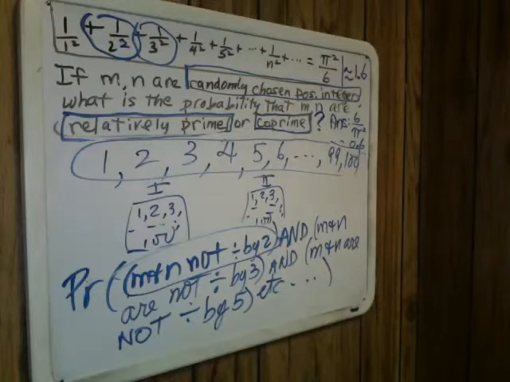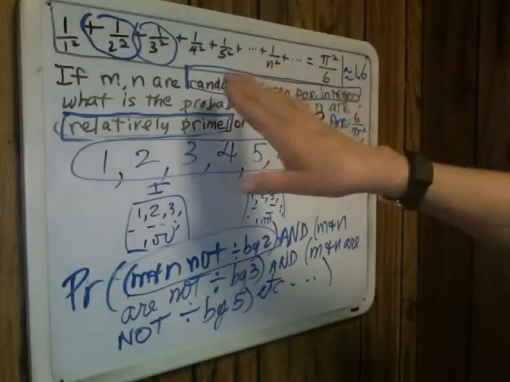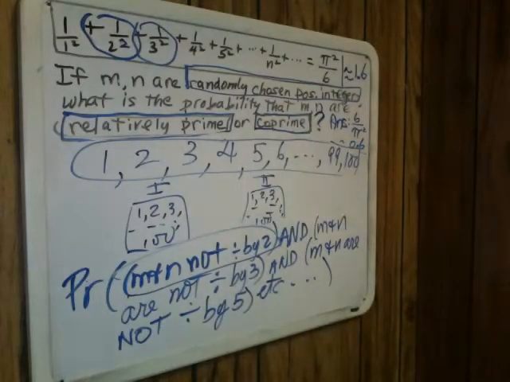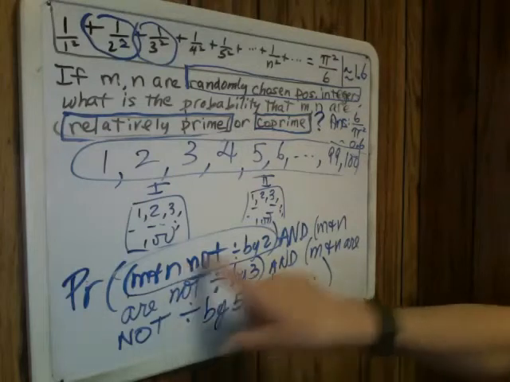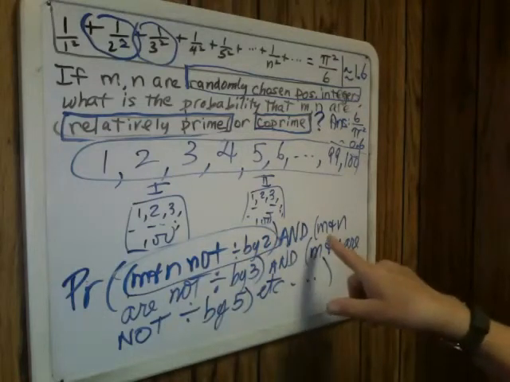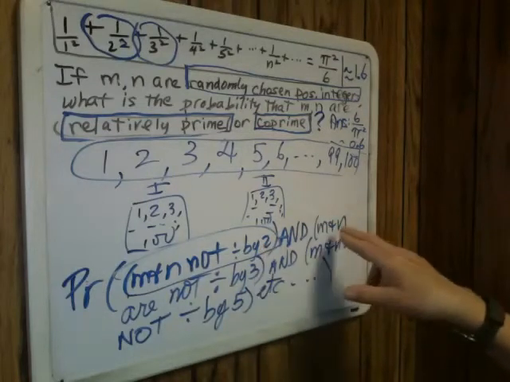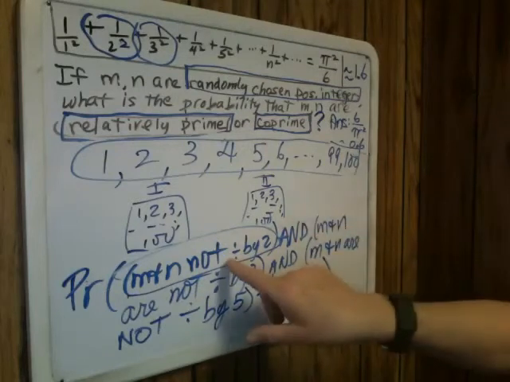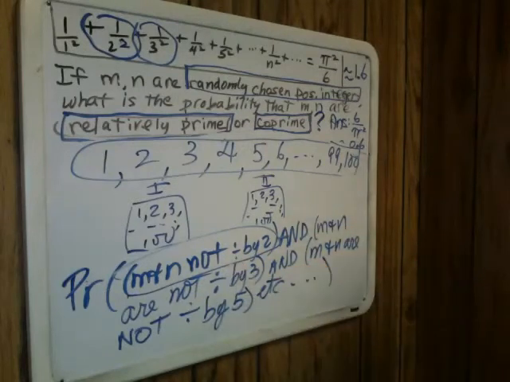I have 30 seconds left on this video, but I'll repeat it one more time. Saying that m and n are relatively prime means they're not divisible by the same prime p for any of the infinitely many primes. I've reduced it to these conditions, doing each separate prime. We're going to express in part 3 what the probability is for each of these, and then we're going to continue from